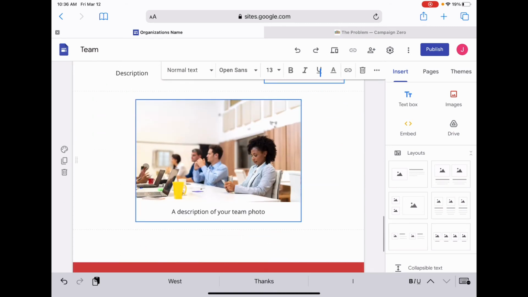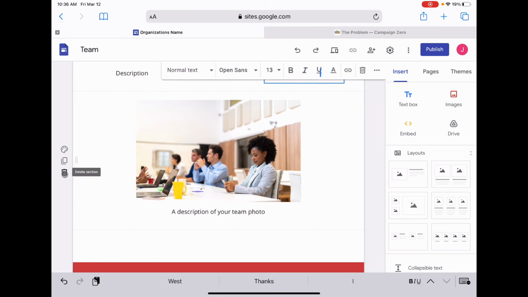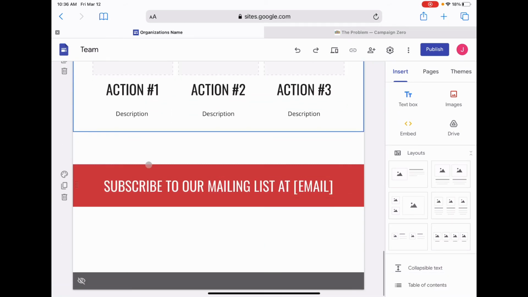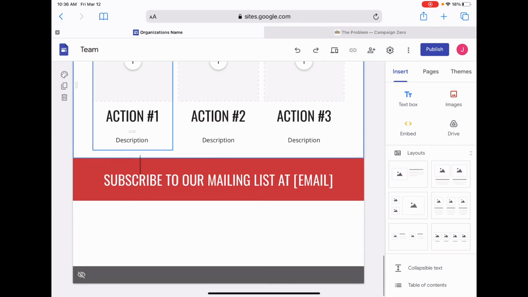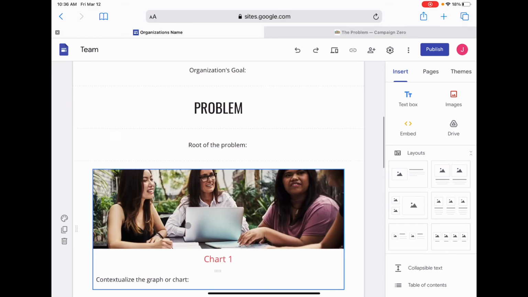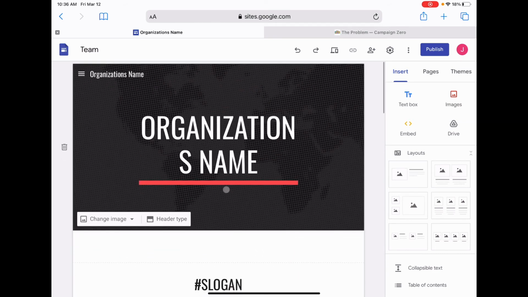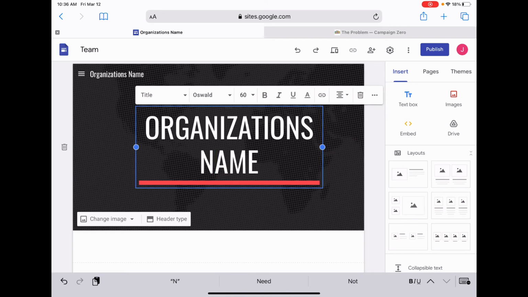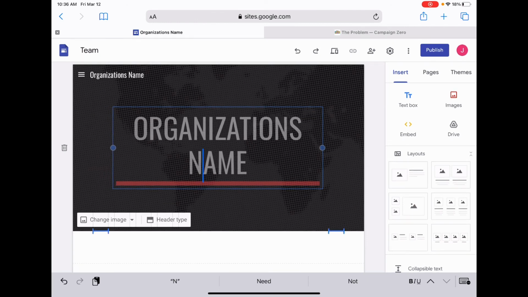And then go ahead and delete. We can delete that one. You could have something like that if you want to still have that. Subscribe to the mailing list or something. Doesn't really matter. Okay. All right. So just giving you an idea. So that's what you could do. I don't like how that's done. There we go. Let's move that a little bit. Make it look a little bit better there.